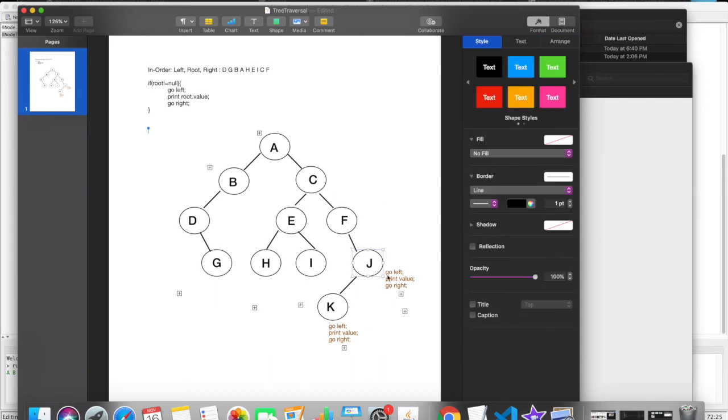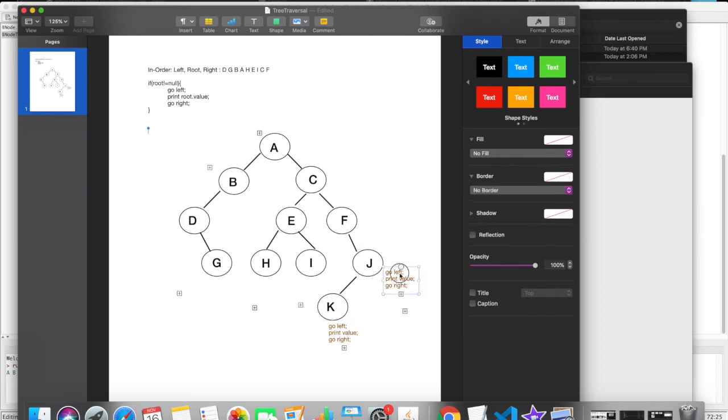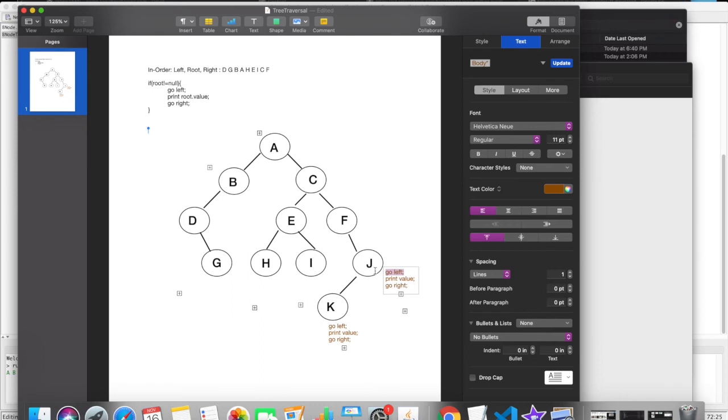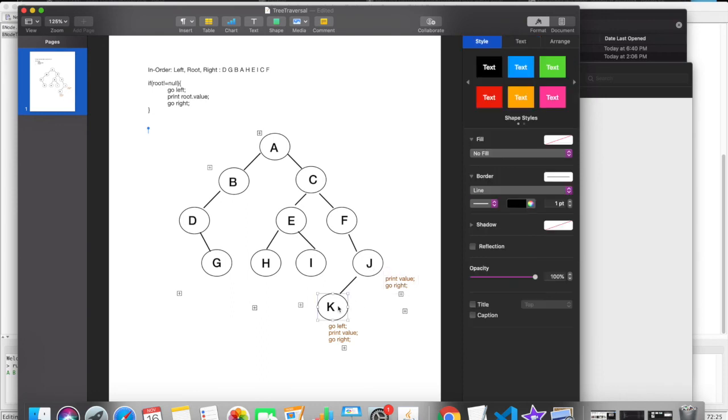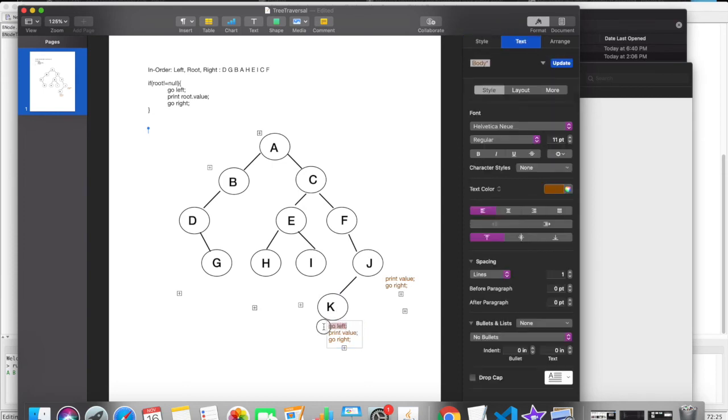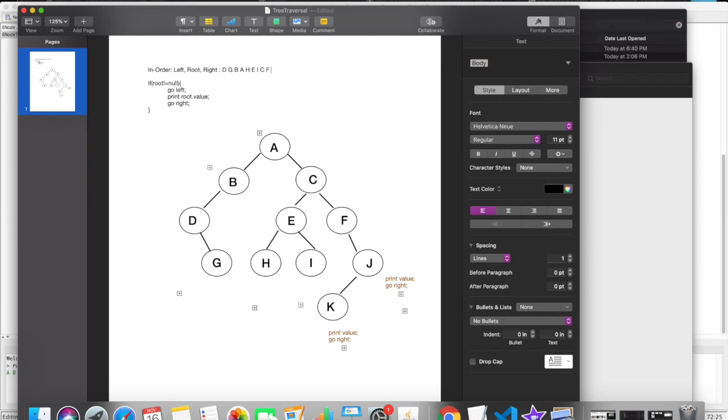I go to the right, but it's saying go to the left, so I go to the left. Just let me remove it. Go to the left. I am at the left, and it's saying go to the left again, but there's no left, so I just ignore it. And it's saying print value, so I print K here,